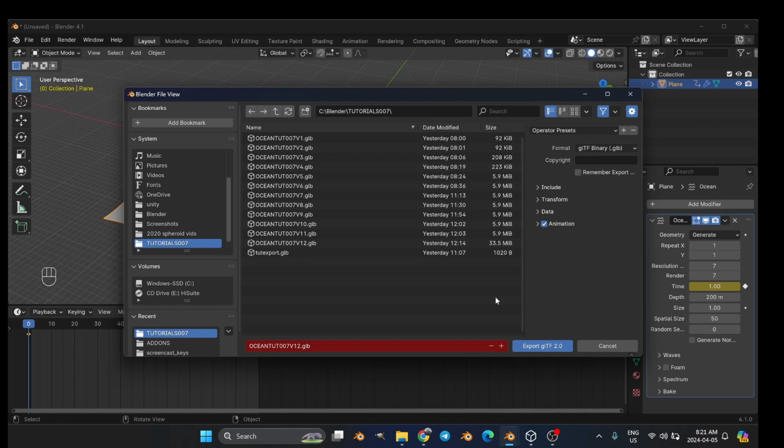GLTF. GLB and GLTF, they're in the same file. One's binary, the other is separate. So one combines all the file, the other file type. So the GLB file type is the type we'll be using. We're always going to be, so for this tutorial, we're going to be